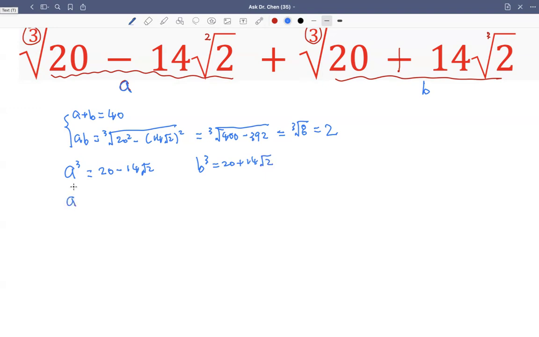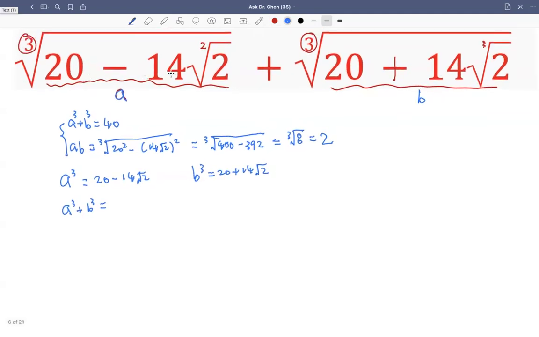If we add those two, A cube plus B cube, we get 40, right? Actually, I'm missing A cube, B cube here. Because A represents the cubic root of 20 minus 14 radical 2, and B represents the cubic root of 20 plus 14 radical 2. So A cube plus B cube can be written as this: A plus B cube, perfect cube